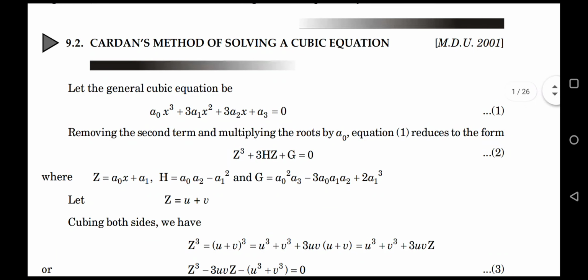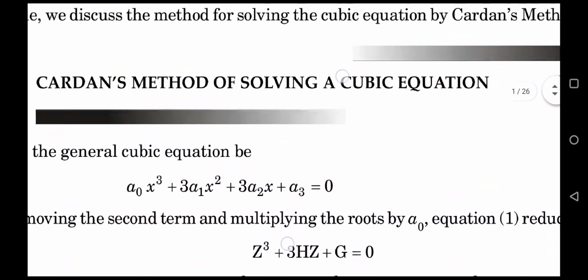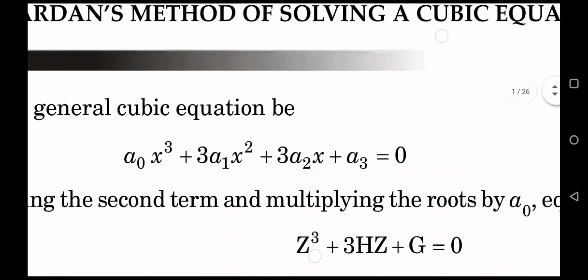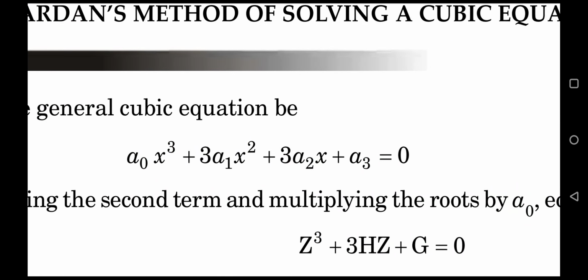Let us start with the cubic equation. Equation number 1: a naught x cube plus 3a1 x square plus 3a2 x plus a3 equal to 0. In this equation, we want to remove the second term, that is 3a1 x square. For this purpose,